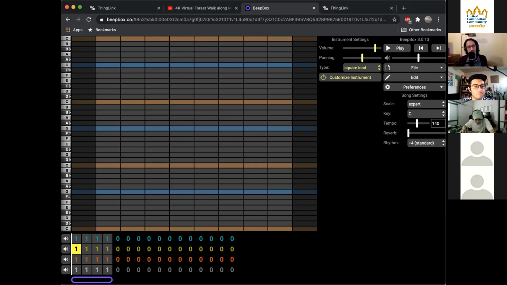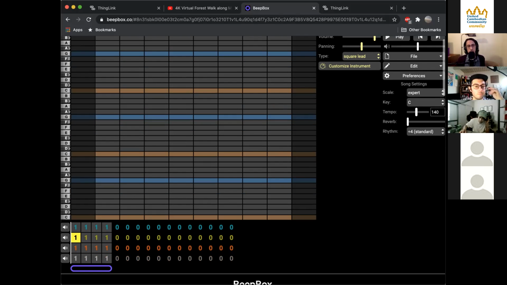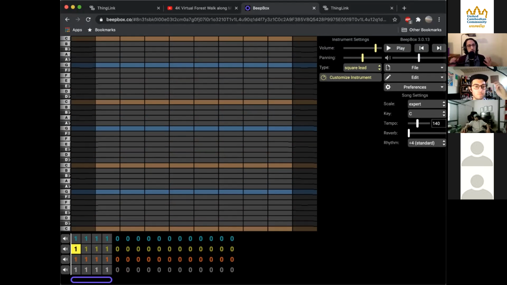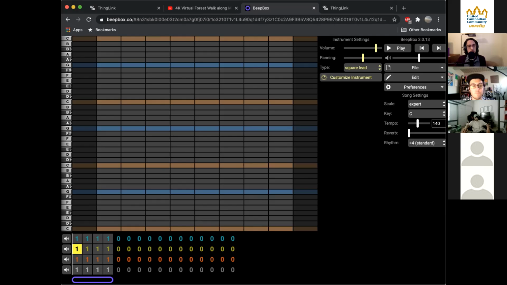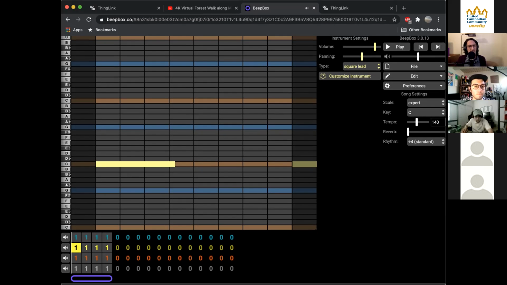Okay, so we're going to input notes together now if you're all ready. This is all super simple because I understand that not everyone has a musical background and not everyone's interested in it. But we have to get into a little bit of theory if we want to make some music. So we're going to build what's called a major chord. You can think of the major chord as the happy chord, the light chord. It's often used if you want to convey light, happy emotions. So we're all going to start with a C note. That's the letter C, not a $100 bill. I don't know if that's slang people use anymore.